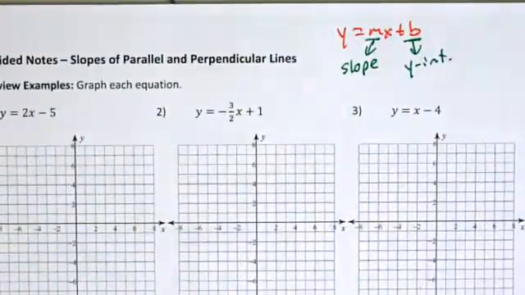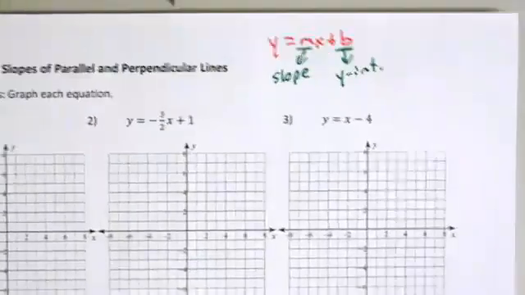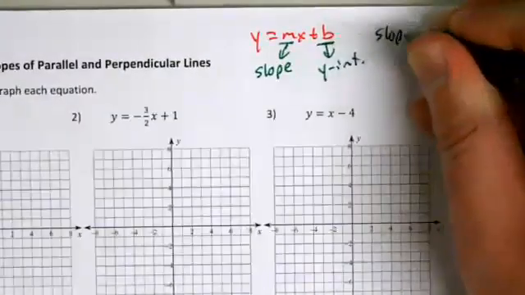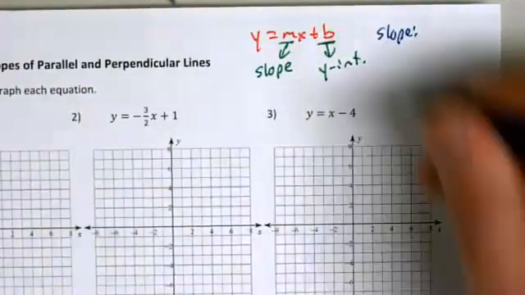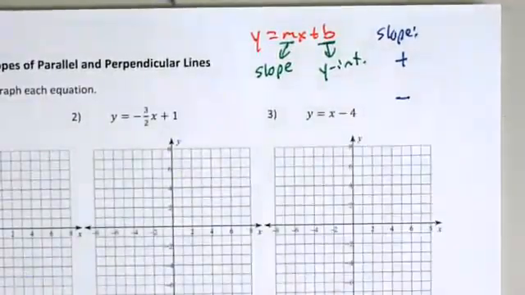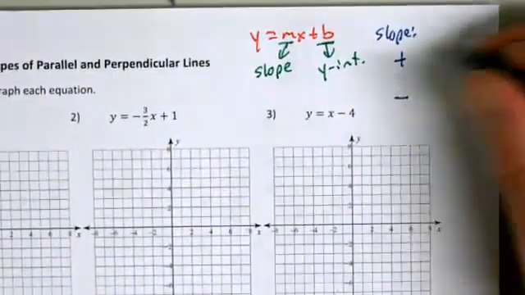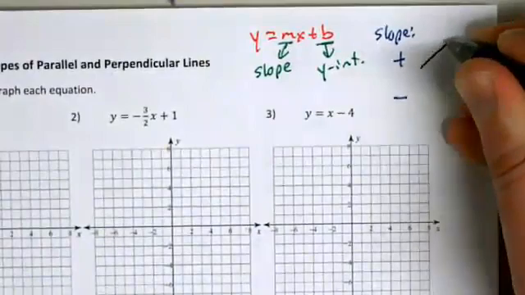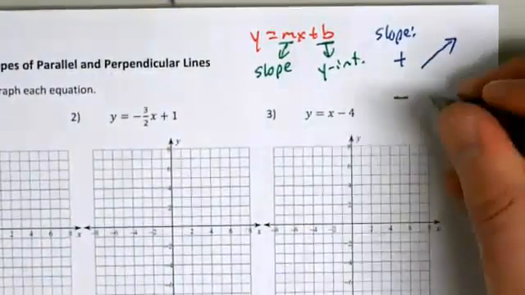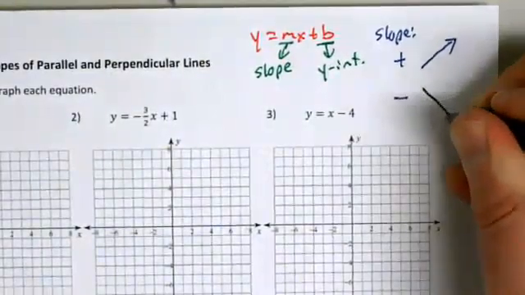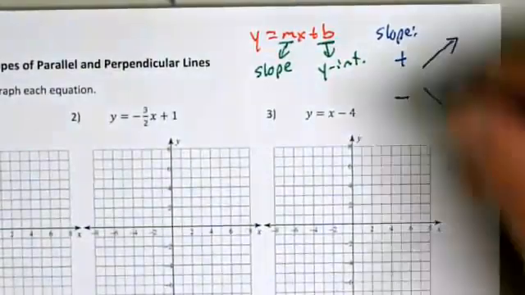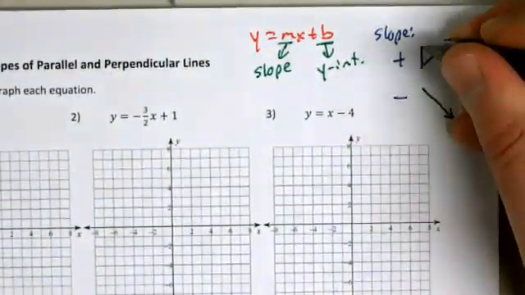And I want to remind you something about the slope. Slope can be positive or negative. Positive slopes, as you're walking from left to right, will always be going uphill. And negative slopes, as you're walking from left to right, will always be going downhill. And I like to draw these little, I call them slope triangles